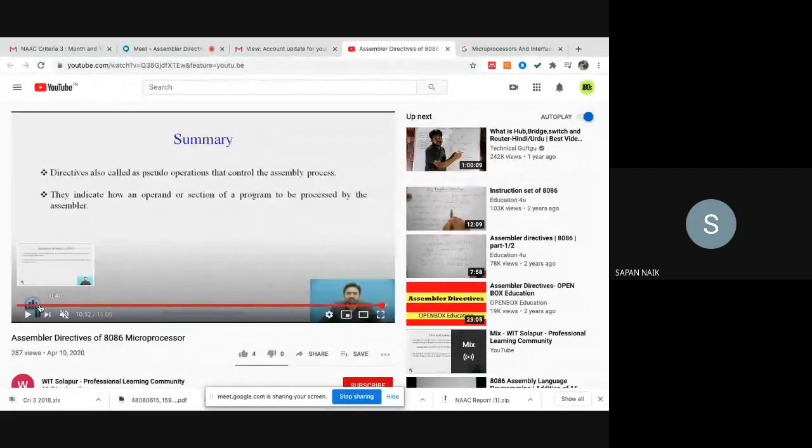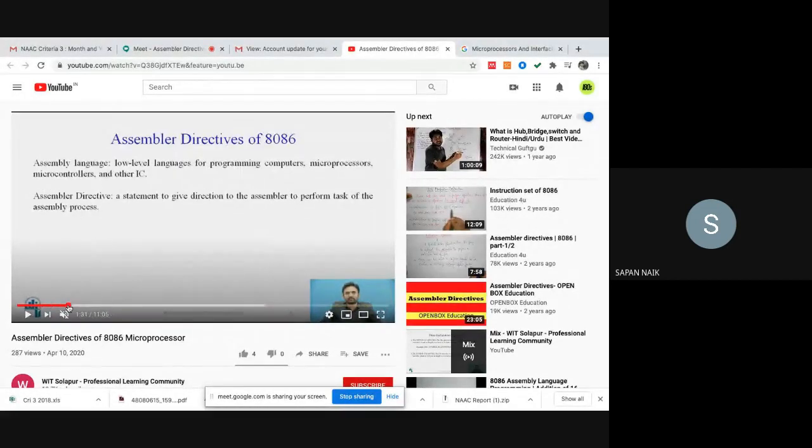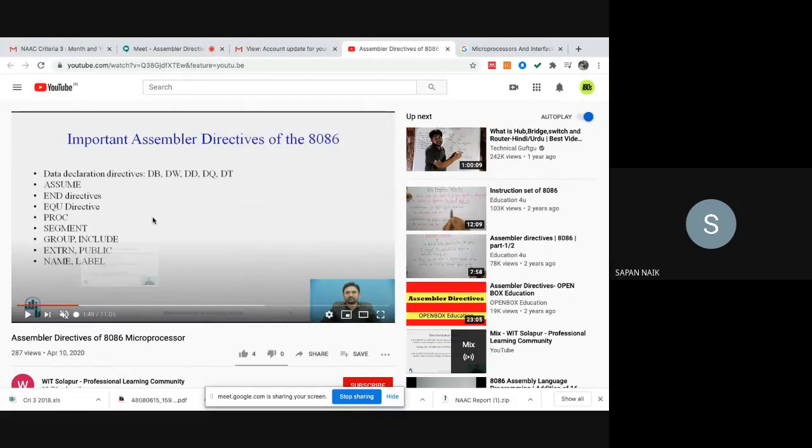So that's it. This is the end of all the assembler directives. This is the final list of directives available in 8086. Again, just for revision, all these are called assembler directives. This is the same as keywords in C language. Your assembler already knows that if this word is in your program, it needs to do this kind of task. These assembler directives are not converted into machine language, and each directive has its own purpose. Based on the purpose of the directives, you can utilize them in your code.